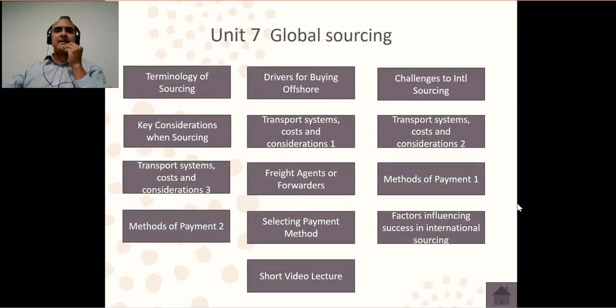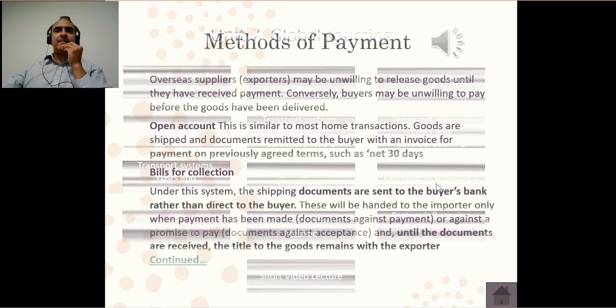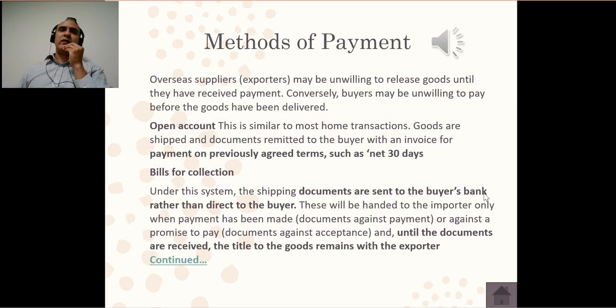Okay. Now we decide to buy abroad, so we have to choose which method of payment we're going to use with the people abroad, and this becomes very tricky because everything depends on how much we trust the other person, and this goes on the relation of the supplier and the buyer, right? Who has the power? So for example, we can have an open account. In an open account, in this case,